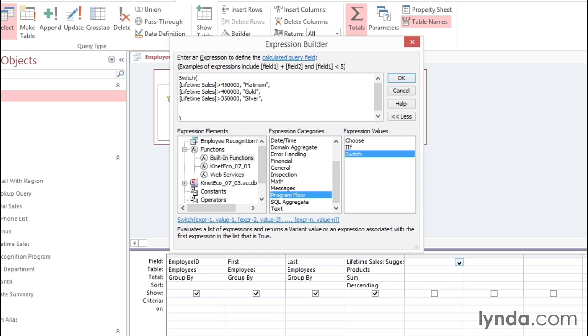Remember to put the comma in. The next one is going to be lifetime sales compared to the value of $300,000. And if that's true, we'll return bronze. I'm going to finish bronze with the closing quotation mark, and then I'm going to delete a few characters to move the closing parentheses up a few lines. Now, if this last one isn't true either, then the switch function is going to return a null value, or just a blank. So let's go ahead and read through our equation one more time, and everything's looking pretty good,